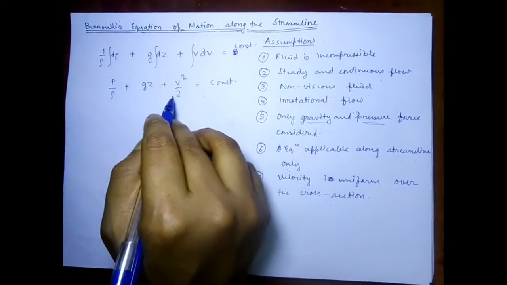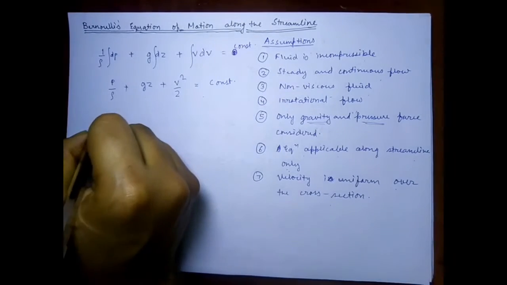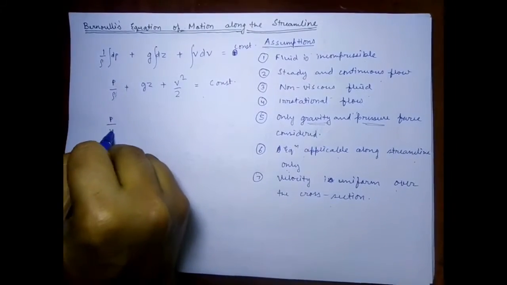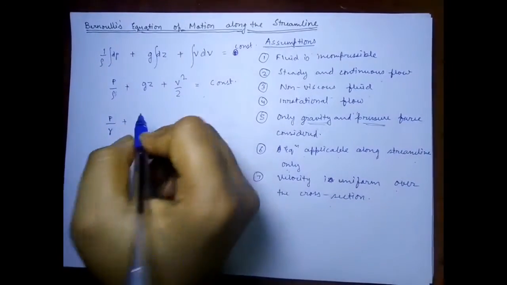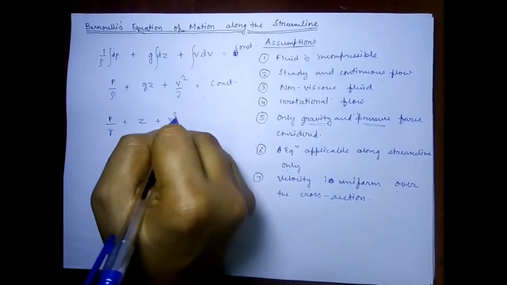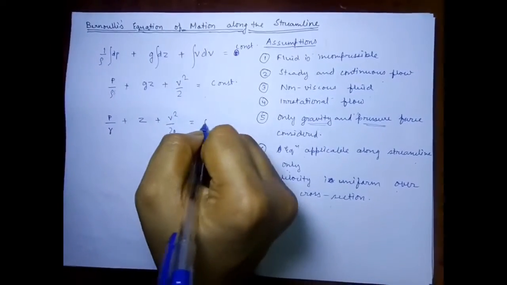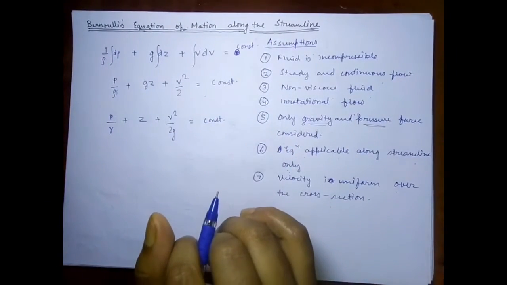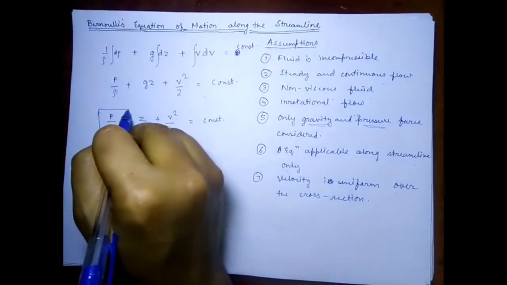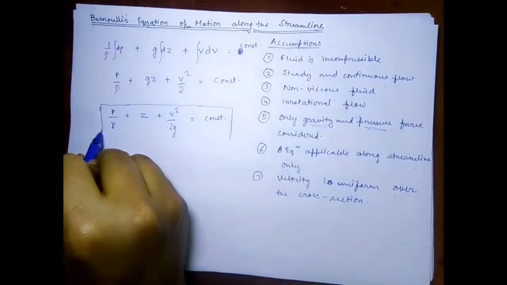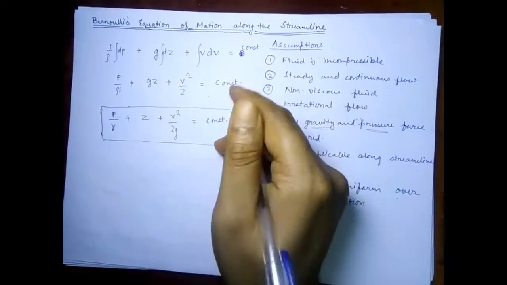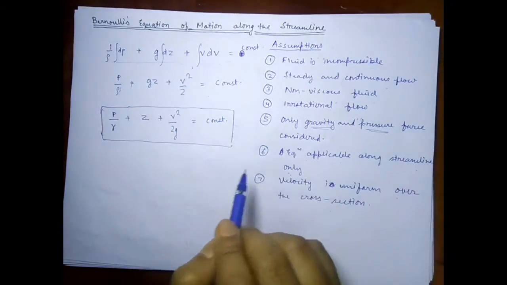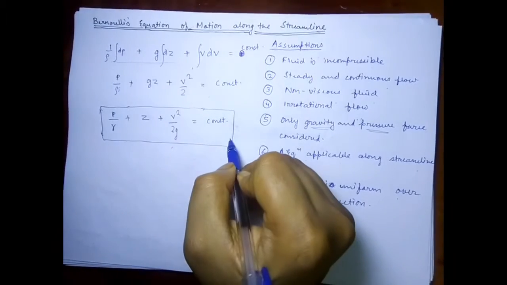So now, dividing this equation with g, which is basically another constant, this will be equal to p by rho g, which becomes gamma, plus g will be eliminated from this term, and v square by 2g, and you know g is another constant, so I will keep the right hand side as constant only. So this is our Bernoulli's equation of motion. If you are asked to derive the Bernoulli's equation of motion, first you have to come to this conclusion, that is the Euler's equation of motion, and then only you can make this Bernoulli's equation of motion.